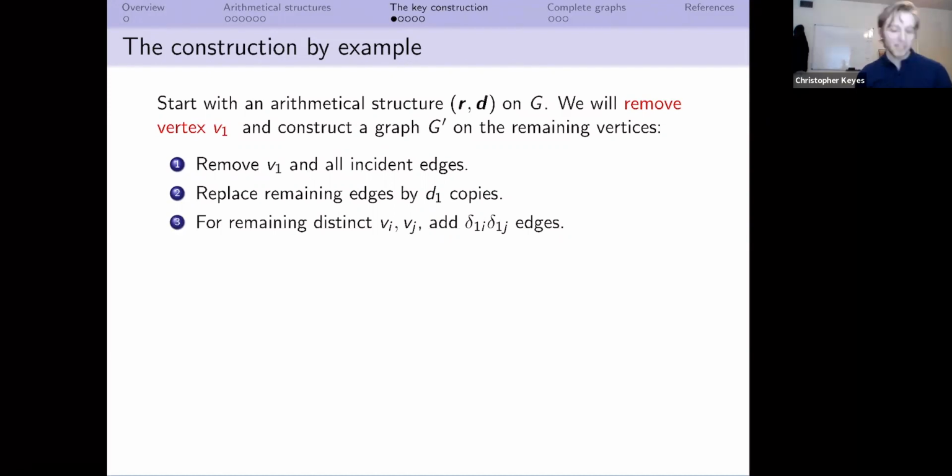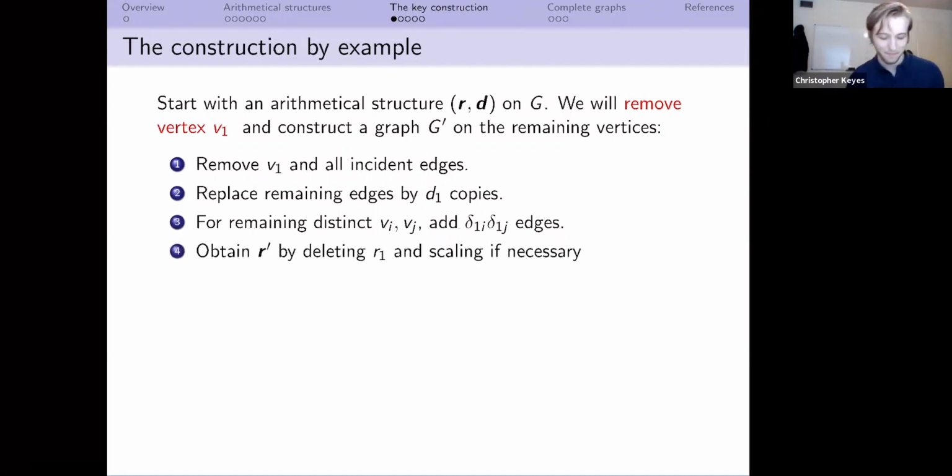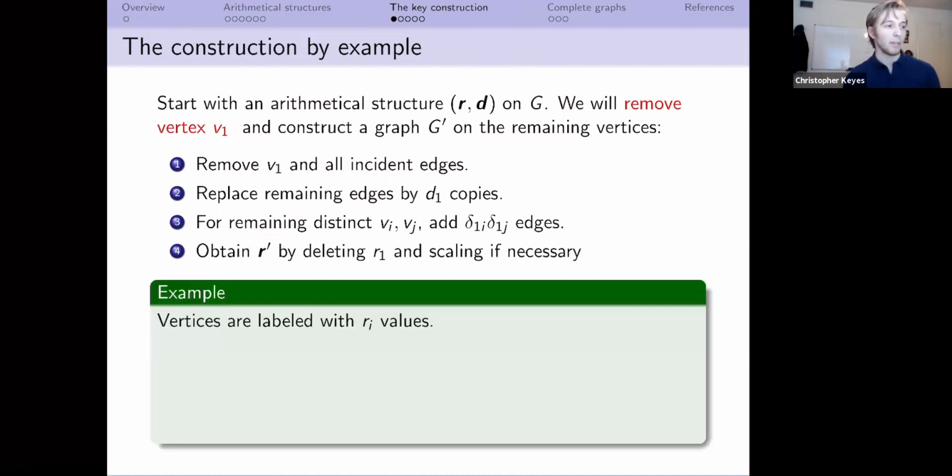For the remaining distinct vertices, we add back in edges. So I think of this as we're adding back in edges that we took away before if they passed through V1. And we obtain our arithmetical structure R prime by simply deleting R1, so deleting that first entry, and then rescaling if necessary, remembering that we want our arithmetical structures to be a primitive n-tuple. So now in pictures,